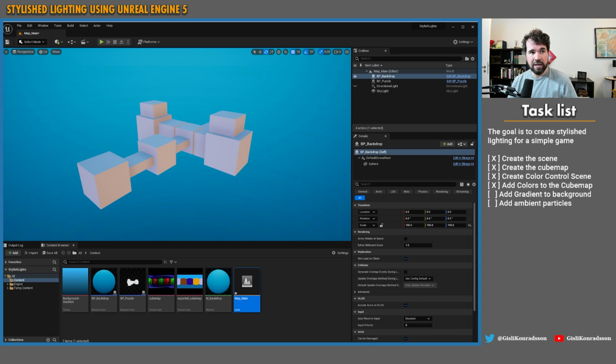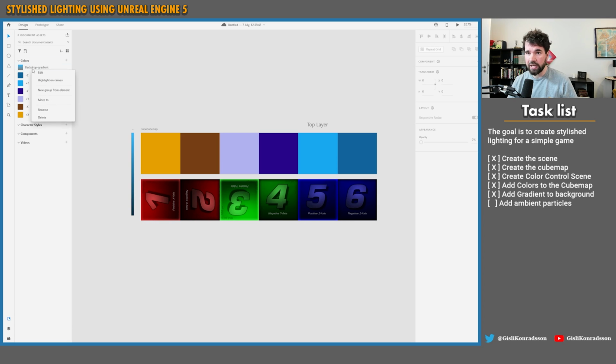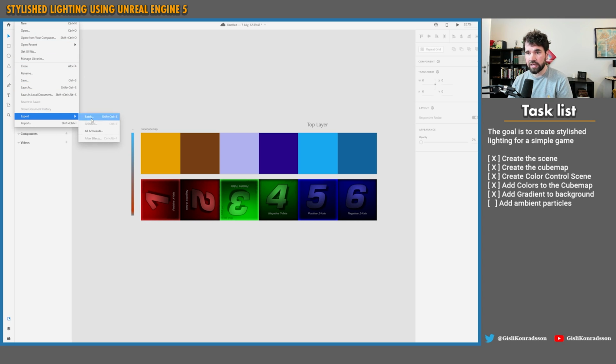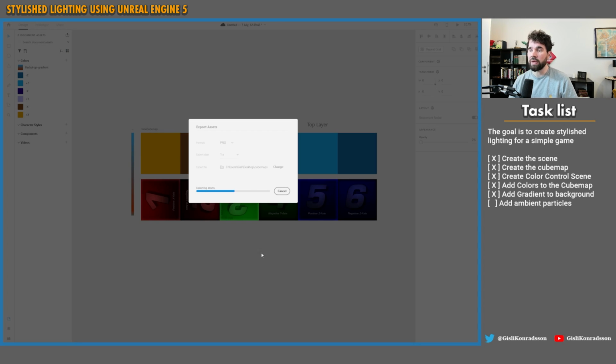So we've already added the gradient background. There is a little bit of an orange color coming here from the bottom. So now we go into the control scene again. We can change the bottom of the gradient here, and we can see if we can make it a little bit more orange, like so. We export this out again,